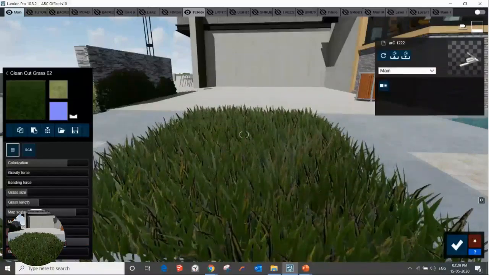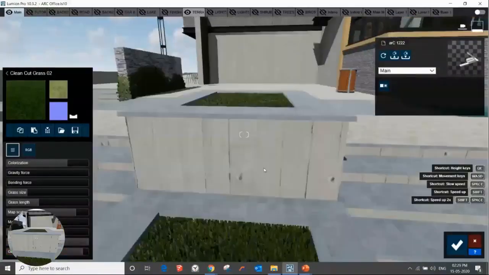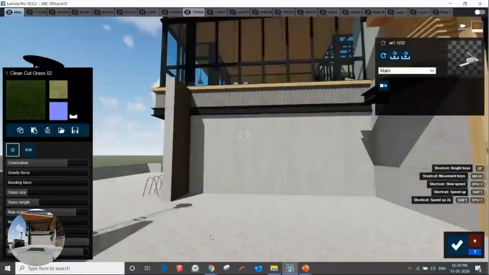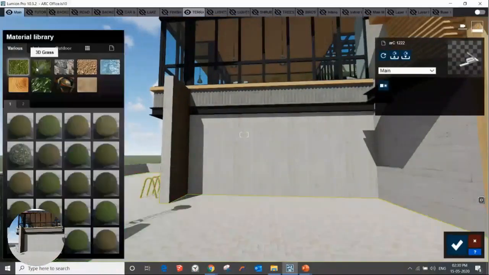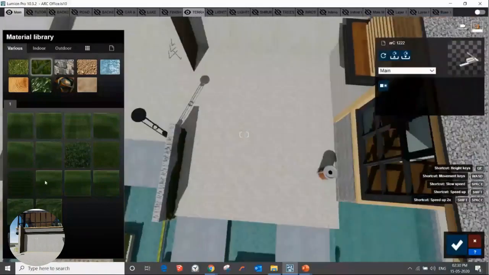This is a grass cut, for the smooth grass. This grass is also a 3D grass, and it is available with a checkered pattern.